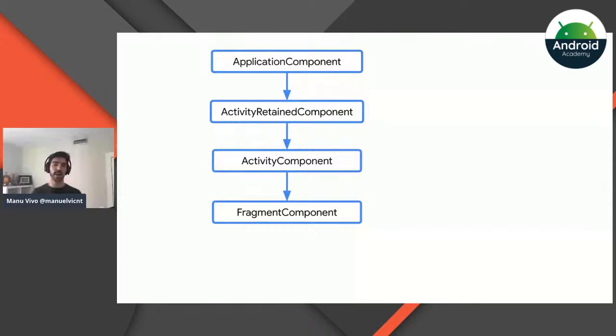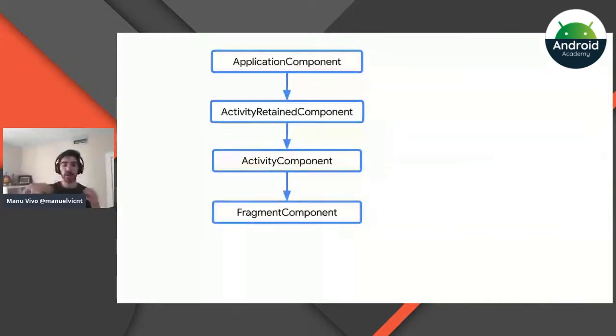And the same for the activity. It's going to follow a similar approach. So an activity is going to have a dependency injection container attached to it, and every activity will have its own container. And so say, for example, that we said, hey, I want to install my database into the application component. That information, that recipe, is going to flow down the hierarchy. And that means that if, for example, the activity container needs the database, it can access it because it was available in the application container.